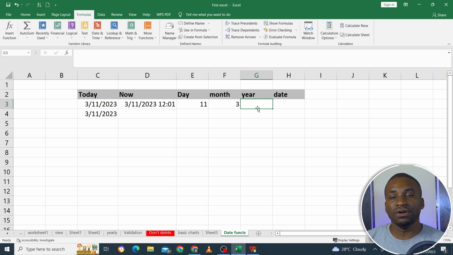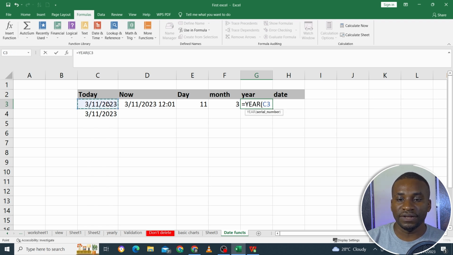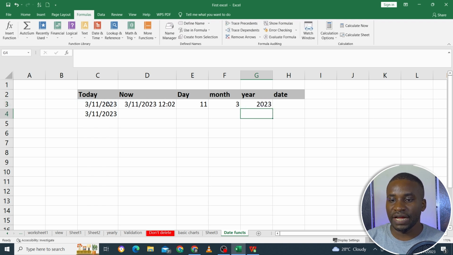And then now you want to get the year again. It's simple. You just go equal to year. Again, it returns the year of a date, an integer in the range between 1900 and 9999. So you just click on this and select the date again, you close it, and then you press enter, and then you have